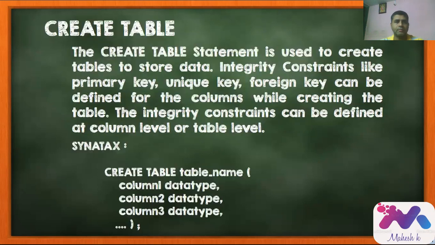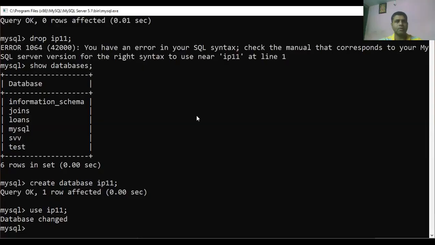Then the next one, create table. So after using the database, we have to enter into it. Then we can display the tables, but no table is available, so I can't use it. So I'm just going to create table student_info. Right, student_info I created. Next, I can write this table in a single line, otherwise line by line also. So both are valid.